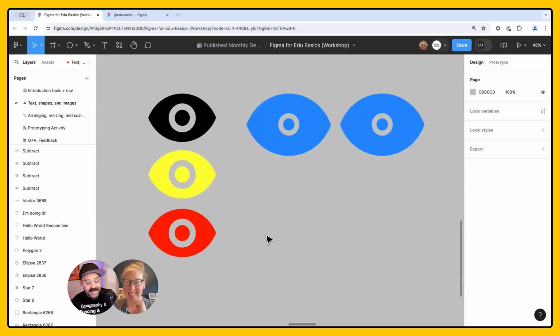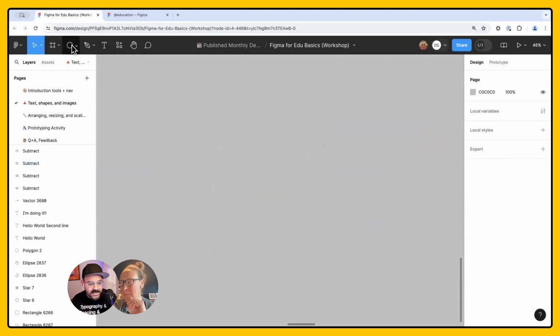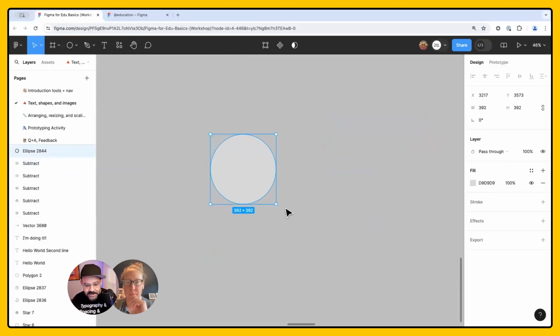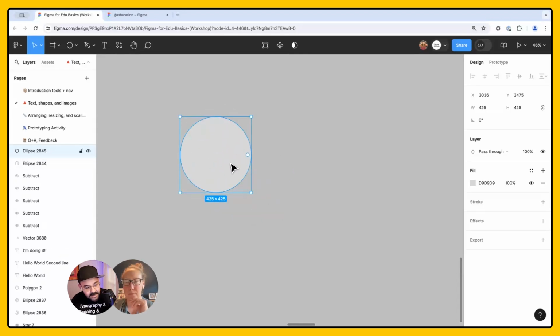All right, so someone said that they wanted to see one more time how we did the background. I'll show you that one more time, and then we'll move on to the next concept. I draw out an ellipse, and you'll notice underneath, it tells me how big it is. If those numbers are in the thousands, folks, you might be zoomed out way too much. So we have a circle. I'm going to duplicate it by pressing Command D. Right now there's two ellipses, one stacked on top of the other, and we can see that here. When I move this one down, let's darken these up.